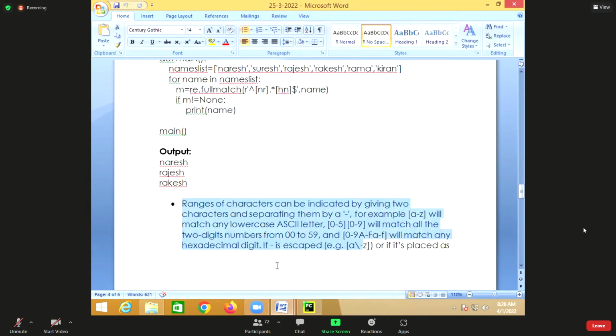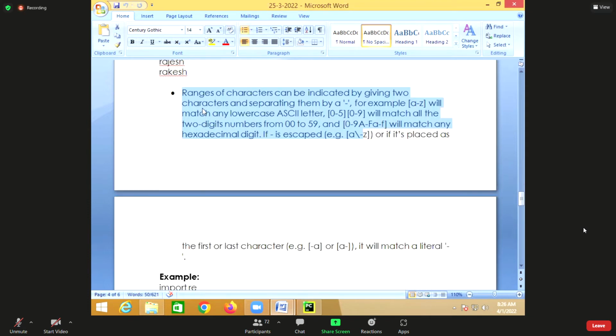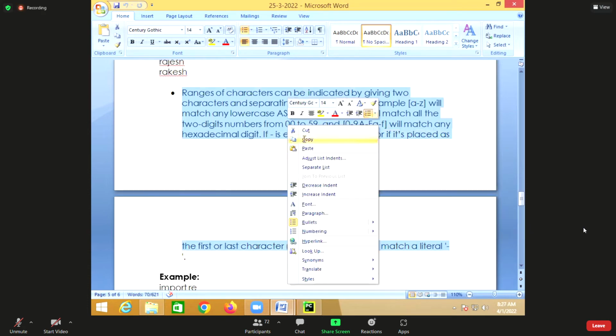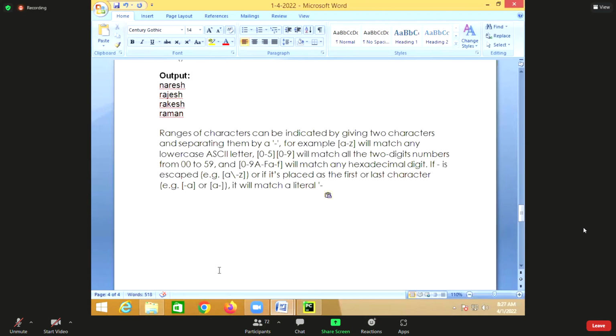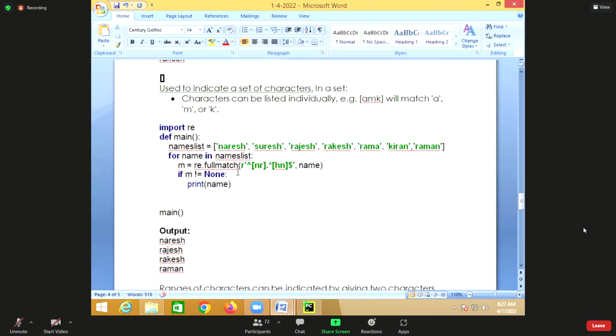So you can also give the range of characters here. Range means, now just see here. Suppose within the square bracket, I put how many characters? 2 characters. For example, the name should start with alphabets. Now the condition is like this.